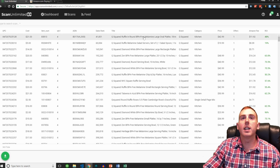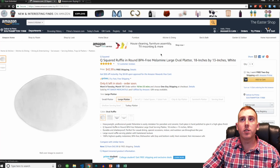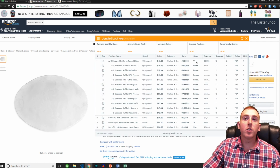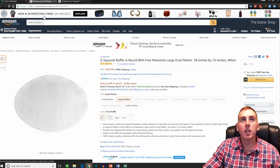We could purchase this item at the top, and by the way, just to go into the question of how many, I suggest looking at Jungle Scout. That's just my preferred method of checking that out. So you just go to the web page and use the Jungle Scout extension, and it's saying 71 sales a month. So maybe you only want to hold 1 month of inventory. You would buy 71 of those,